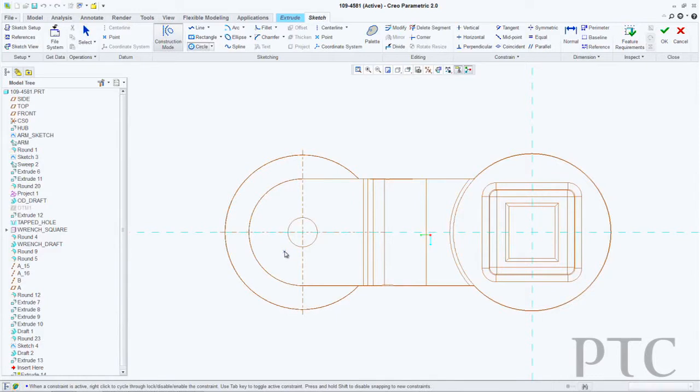Inside Sketcher, I can also now keep my workflow going. If I need to add extra references, I don't have to stop sketching and enter and add references. I can simply hold the Alt key while I am sketching. It will pause the sketching process for me and allow me to pick extra references to add. In addition, we've also added new geometry commands inside Sketcher, such as the ability to create a center rectangle or